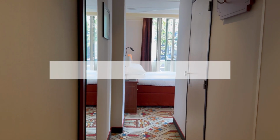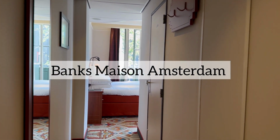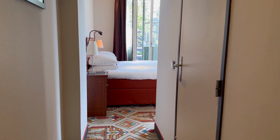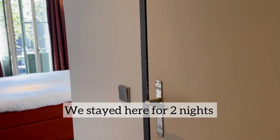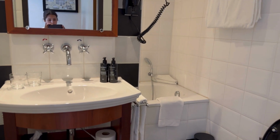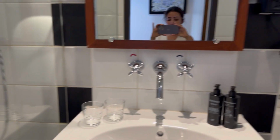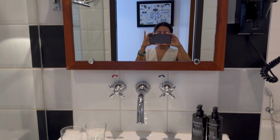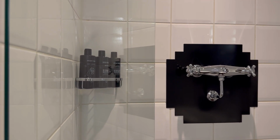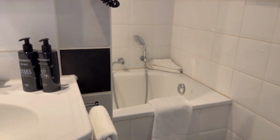Let me give you a quick room tour of the place where we are staying right now. It's called Banks Mason. It's a luxury hotel right at the heart of Amsterdam. The category of room we are staying is guest suite with canal view. This is the washroom. As we enter, this is the bathroom with full-size amenities, toilet and a hidden bathtub, smartly